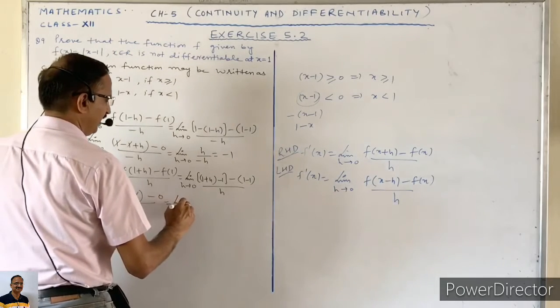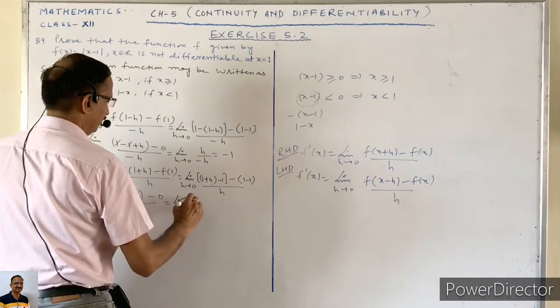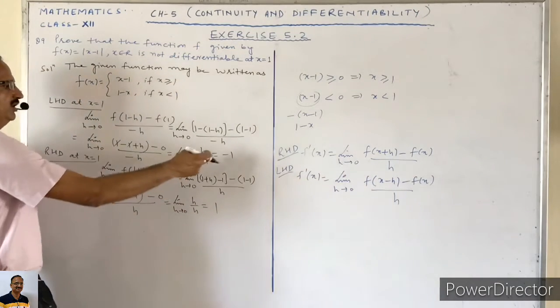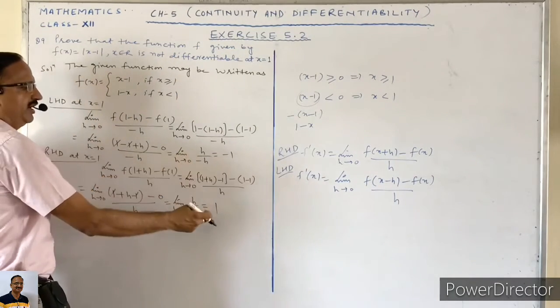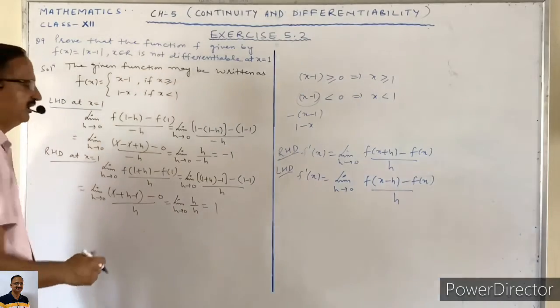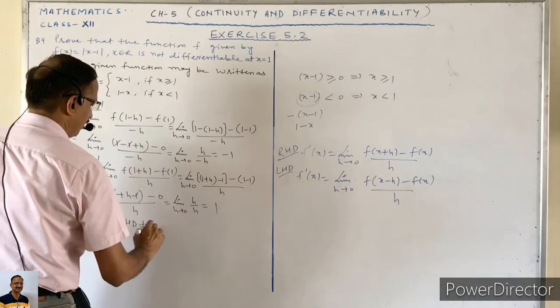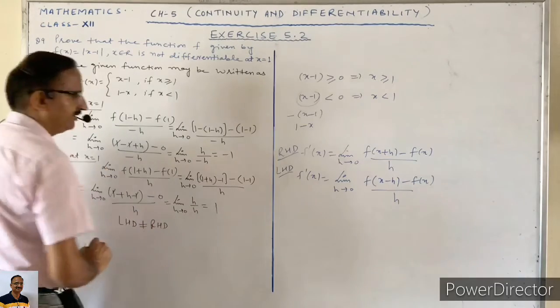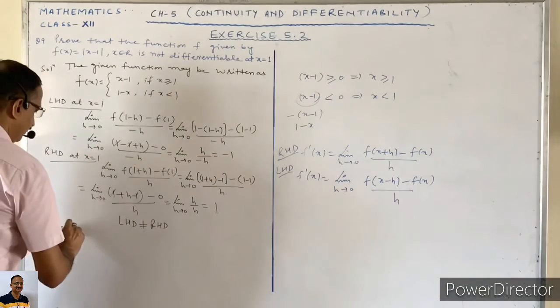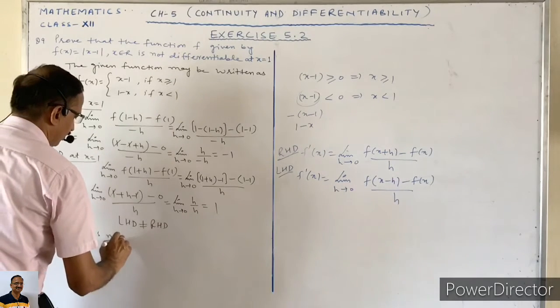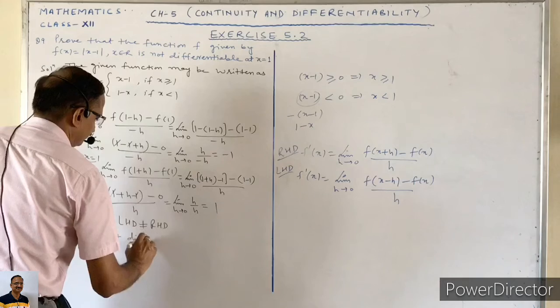We will get limit h tends to 0 of h by h. So this is 1. Now this left hand derivative and right hand derivative are different. So we can say that left hand derivative is not equal to right hand derivative. So this implies that f is not differentiable